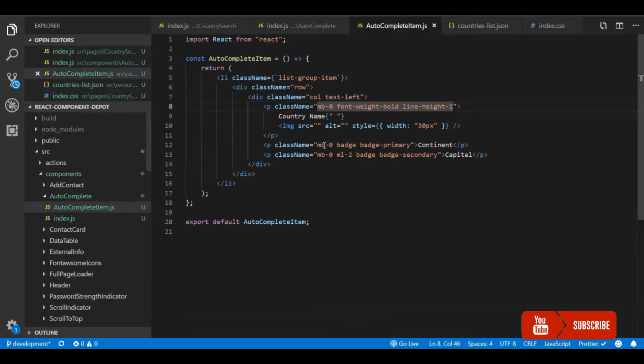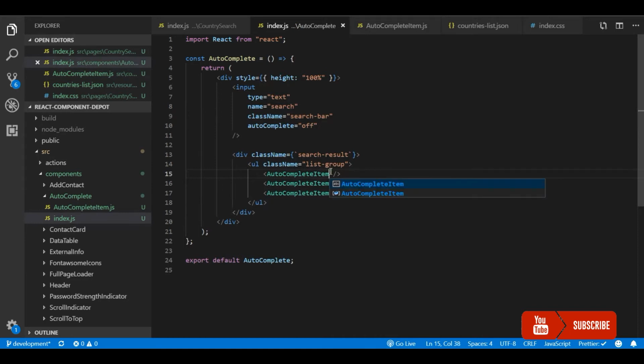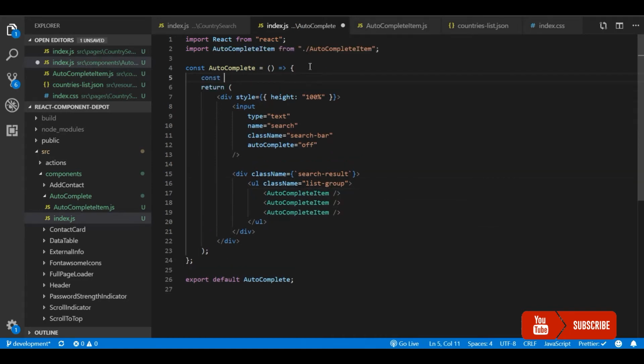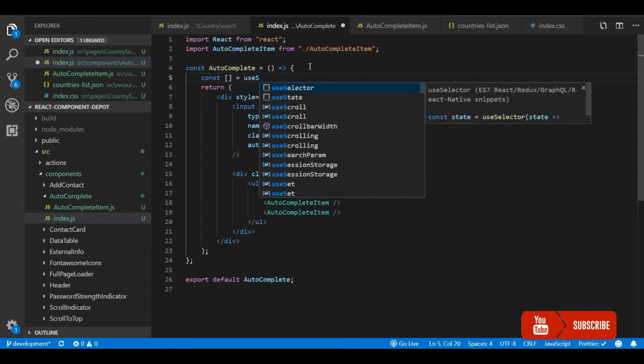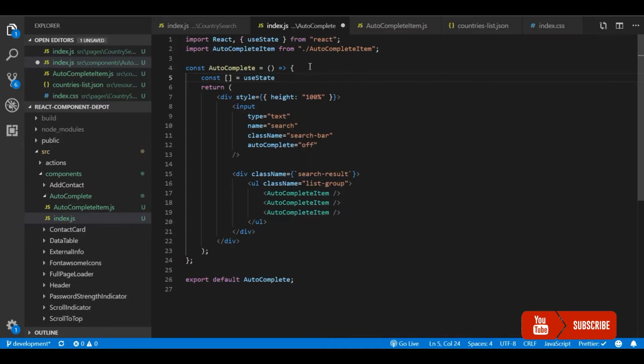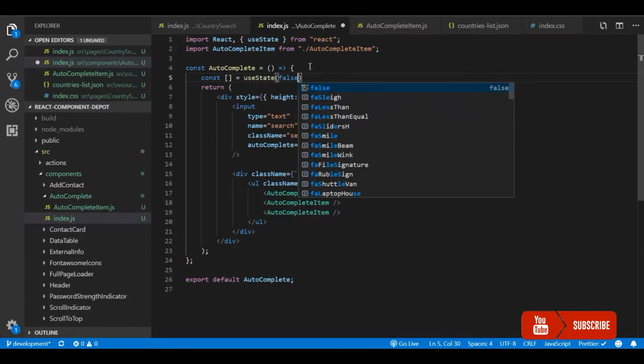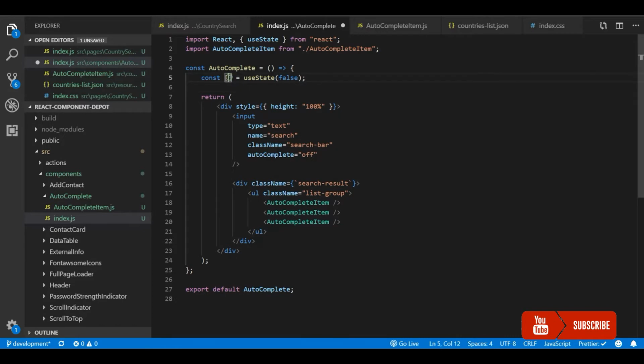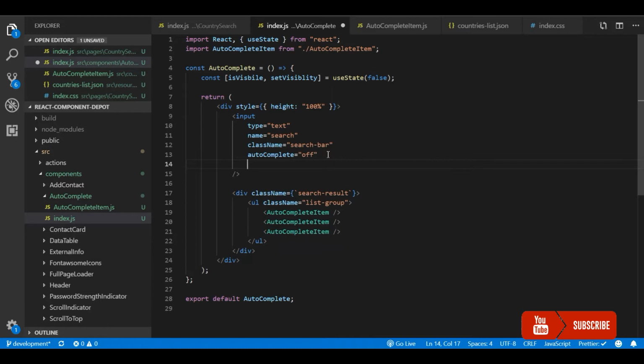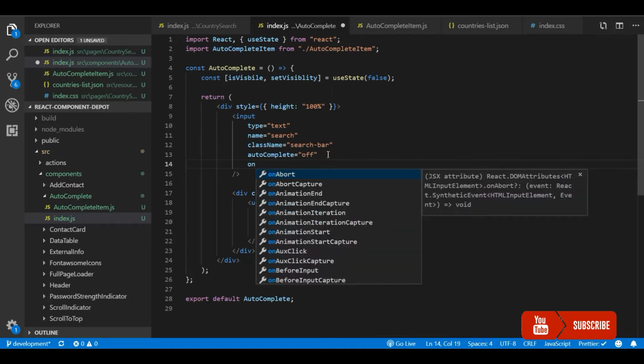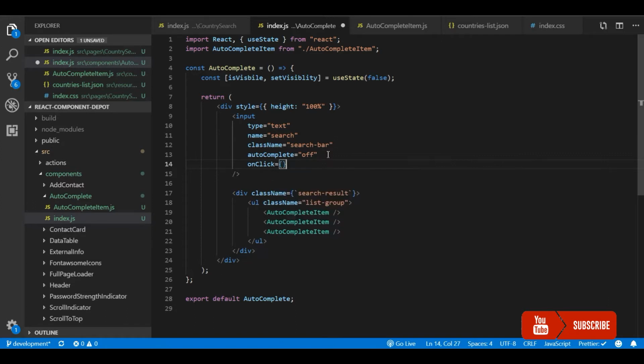So going back here, I'm going to import this component, and I'm going to have state to maintain the visibility of the search result. So based on this visibility, we will be either showing this search bar suggestion list, or by default it will be in hidden state. Whenever the user clicks on the input, we will start showing the suggestions for the user. So basically, we are going to have an on-click listener here. On this, I will be showing or hiding the search results suggestion container.